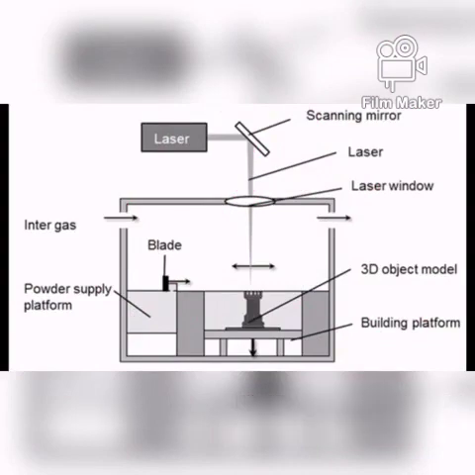The first process is selective laser melting. This device consists of a laser insulator, a scanning mirror, a blade, a powder supply platform, and a building platform. First, we need to construct the 3D design model using CAD software and transfer it to the device. After the device slices the data and the parameters are set up,